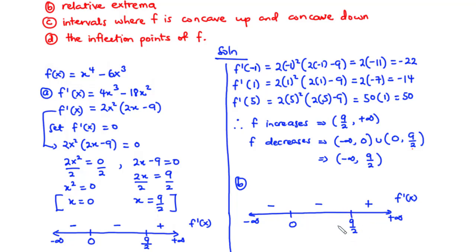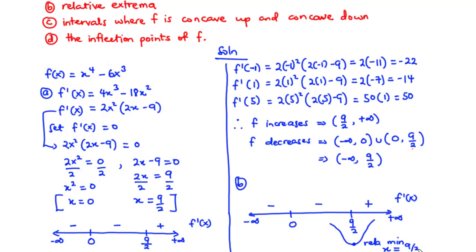Now let's move on to the point x equals 9 over 2. You realize that the sign of f prime of x is negative on the left side of 9 over 2 and then becomes positive on the right side of 9 over 2. So from the left of 9 over 2, we see the function decreasing and then increasing on the right of 9 over 2. Now, since the function decreases on the left and then increases on the right, it means that we have a relative minimum point, or better still, a relative minimum at x